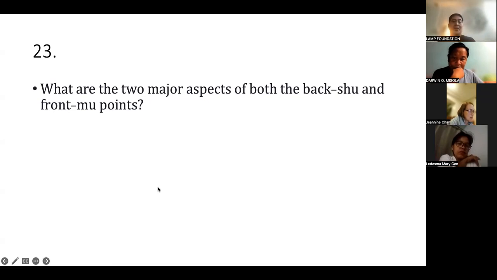Okay, like this. Number 1. Why do we need to know the back shu and the front mu? One major aspect is they are likely to become tender. That's why all of you should have a probe. Okay? Now, if you see a patient who is already balding, has back pain, and is on the older side, especially with flank pains, and likes salty food, you might want to